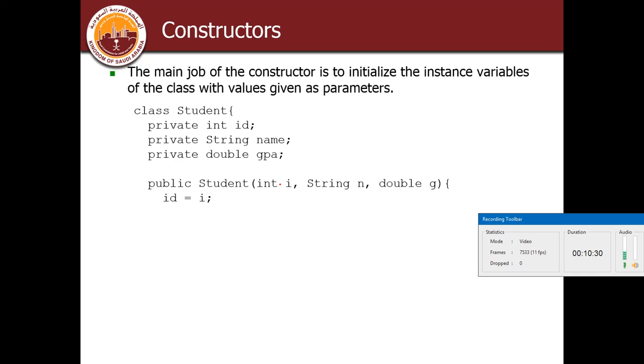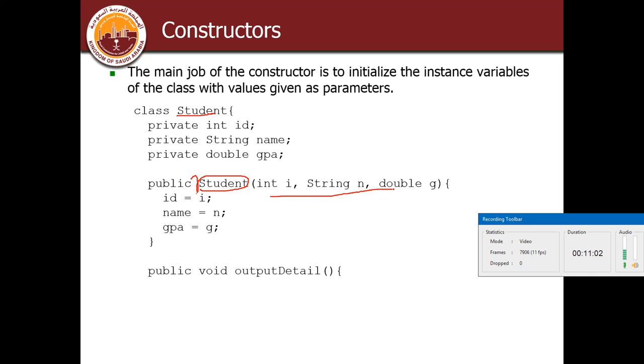Alright, so if I create a constructor something like this, what I am doing over here, I have created a constructor. As I told, constructor is a special method which has the same name as the class itself. So name of the class is student, name of the constructor is always student. Second thing you need to remember is constructors do not specify any return type, not even void. So if you see, there is no return type. Now we have passed the parameters, so it initializes the instance variables with the given value of the parameters. So ID is initialized to I, name to N and GPA to G.